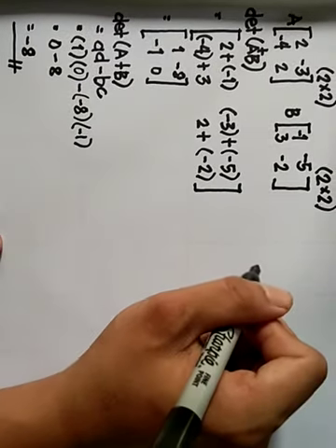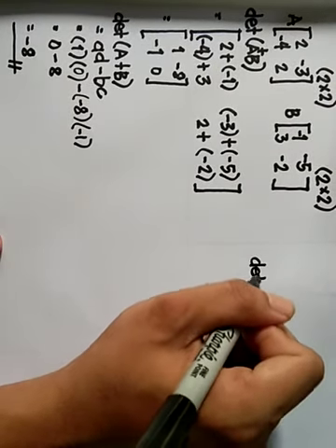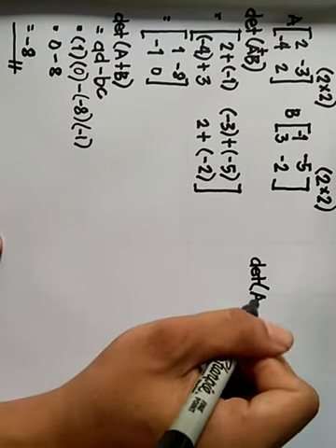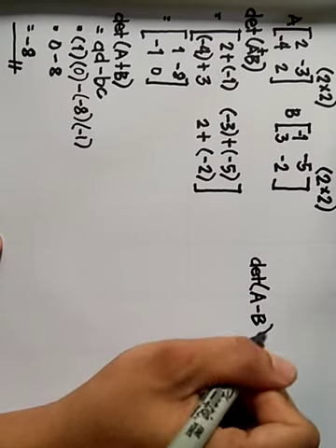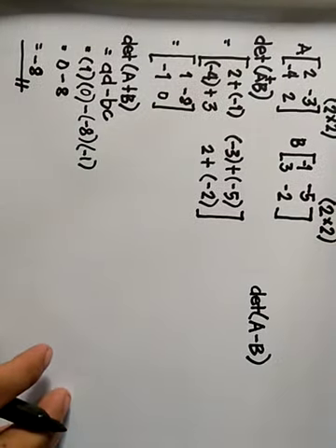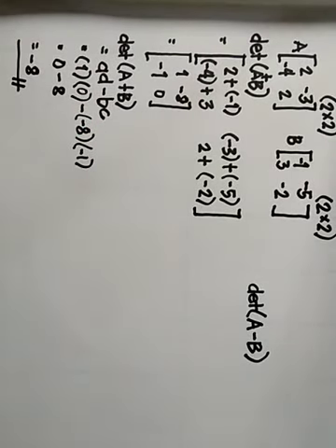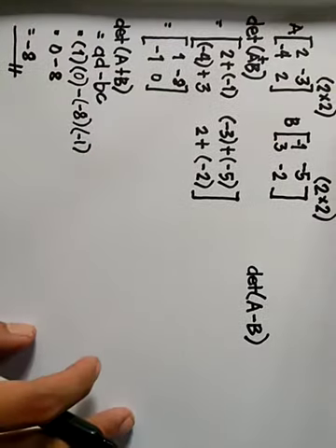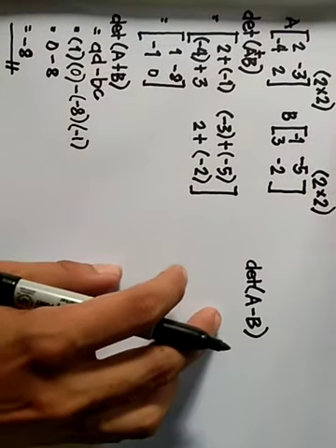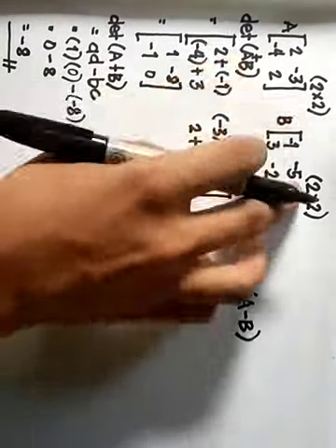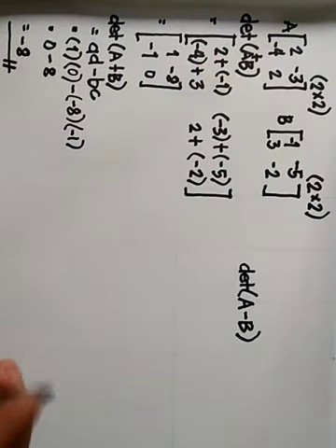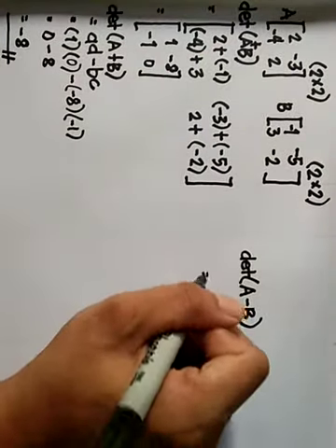So let's solve the determinant of A minus B. Same process lang naman yung gagawin natin. Since alam na natin yung flow kung paano i-solve yung A plus B, same process lang yung A minus B natin. We have the same order, kaya pwede natin siyang i-solve na. So we will have